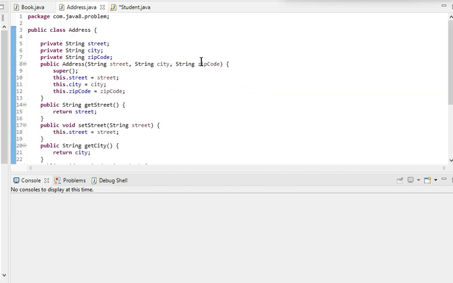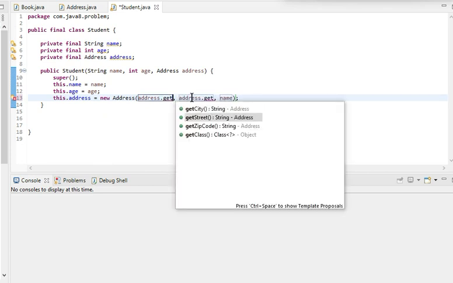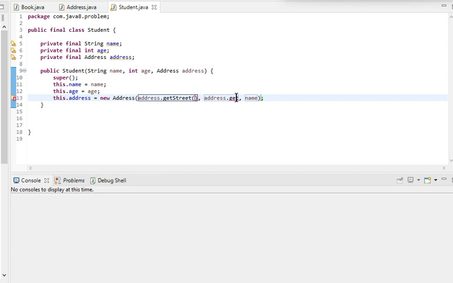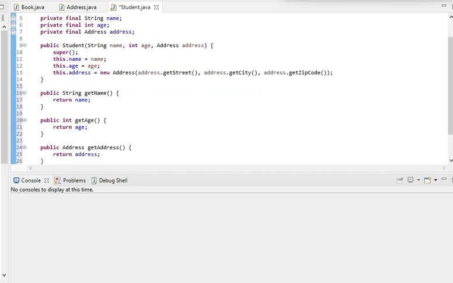Yes, street, city and zip code. So it should be street, then city. Okay, so this way I have created a deep copy of the address so that immutability is maintained, and